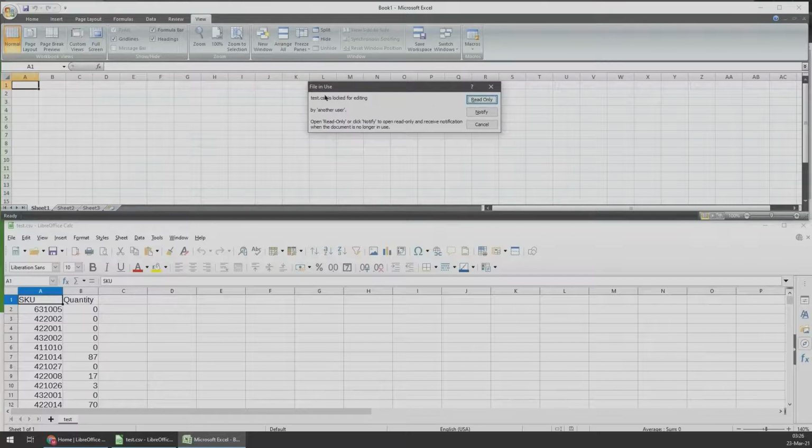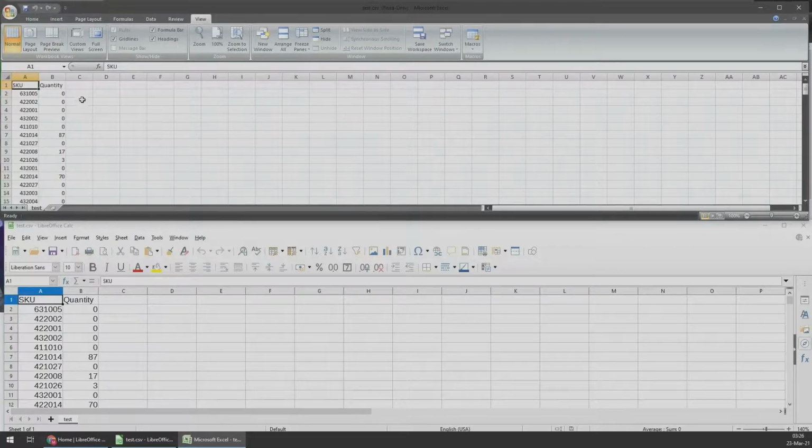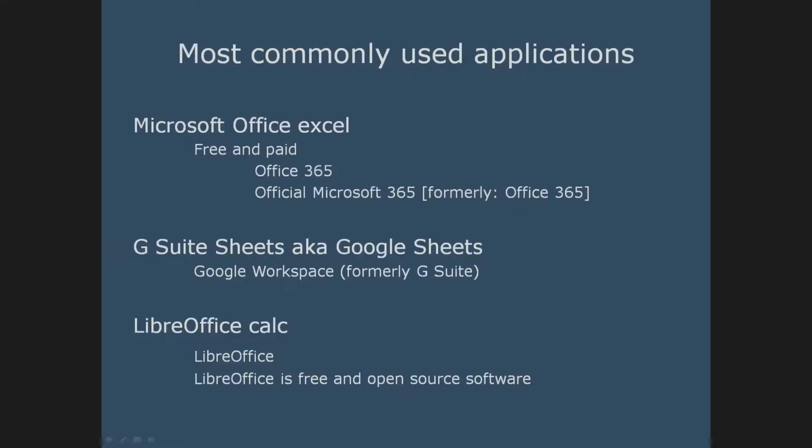The reason why it's giving me this message is because I already have this file open in another application. So let me just click on read only. It's the same thing, but there you go. Perfect. Now that we have an idea about the common applications that we can use when working with spreadsheets,